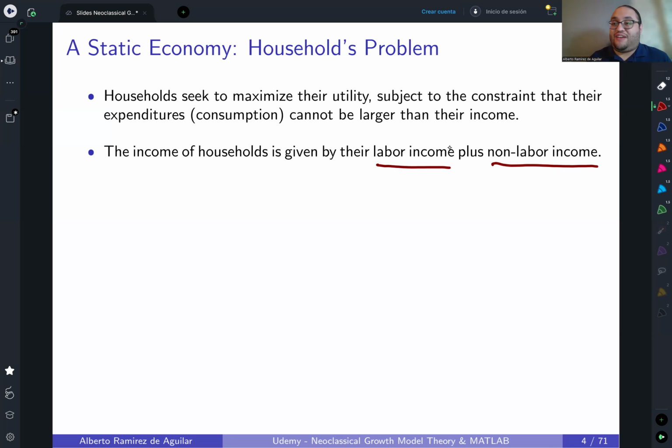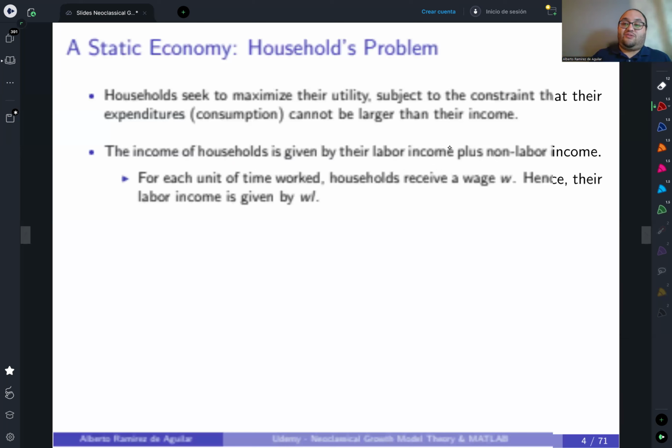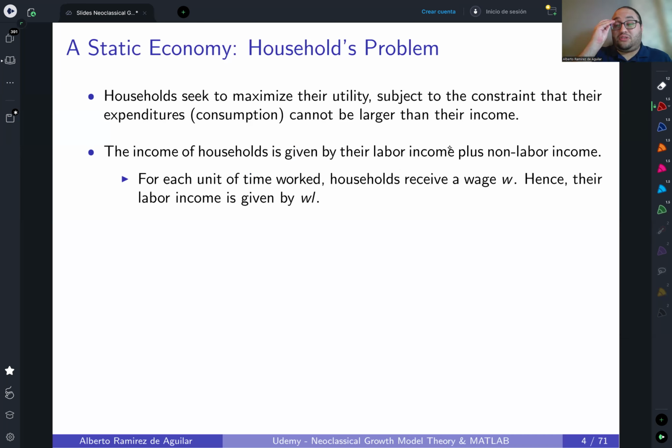For example, they have stocks, or they own a house. So this is wealth or income that is not related directly to working. You just have it. So that's going to be captured in non-labor income. So as I was saying, households, for each unit of time they work, they're going to receive a wage W,